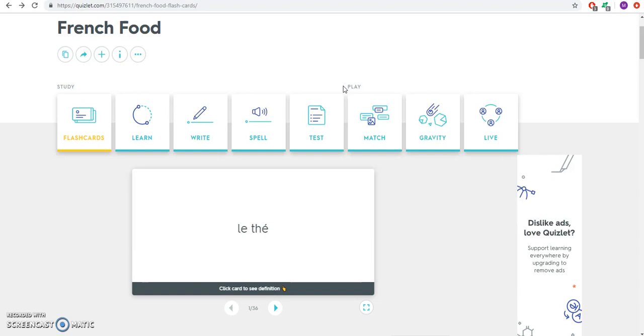So we'll get to those in just a second. The play is kind of more fun, gamified learning. Study is more typical, traditional kind of learning. So if we have our flashcards, we can